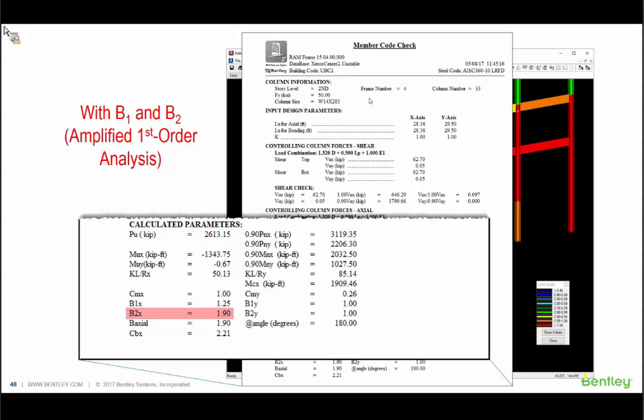And even more telling, the large P-delta effects are so large that the sway moments need to be multiplied by 1.9. That is, the large P-delta effect is nearly doubling the magnitude of the design moments. Note that any value above about 1.2 should be considered excessive, and they are generally even less than that. So if you run this kind of analysis and your B1 or your B2 factors are greater than about 1.15 or 1.2, you should be concerned that the structure might be